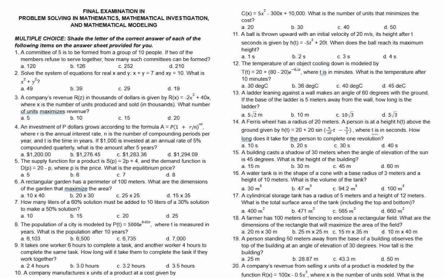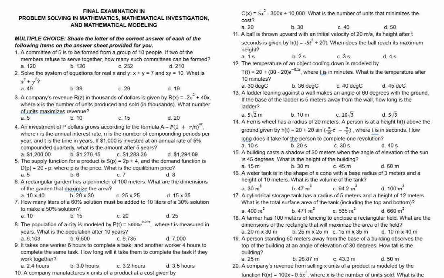Number 14: a Ferris wheel has a radius of 20 meters. A person is at a height h(t) above the ground, given that h(t) = 20 plus 20 sine of (pi over 10 t minus pi over 2), where t is in seconds. How long does it take the person to complete the revolution? Using the scientific calculator and also the formula, the answer will be